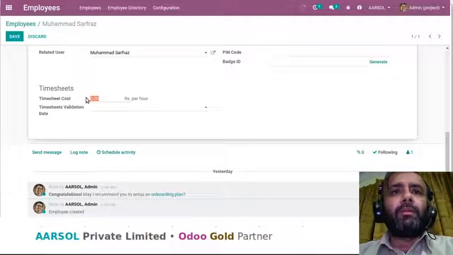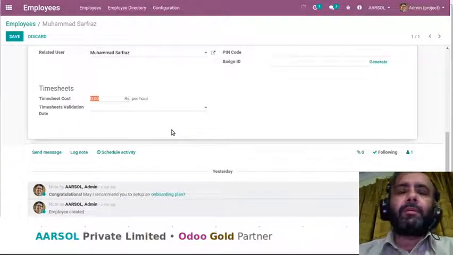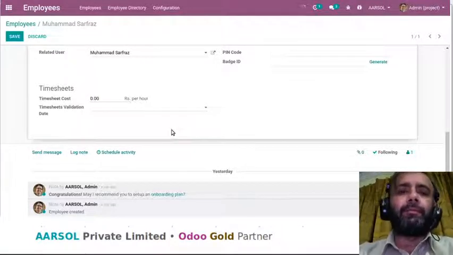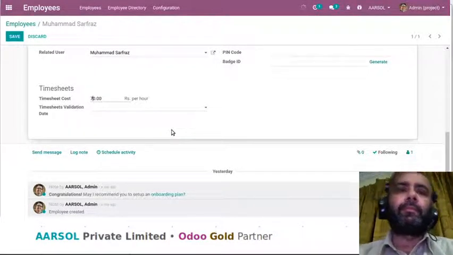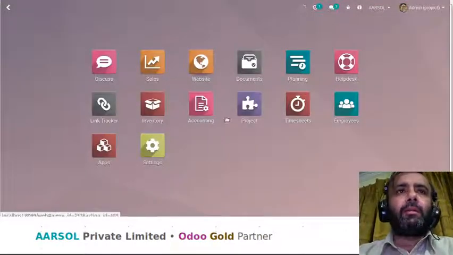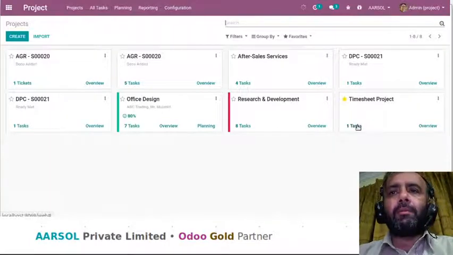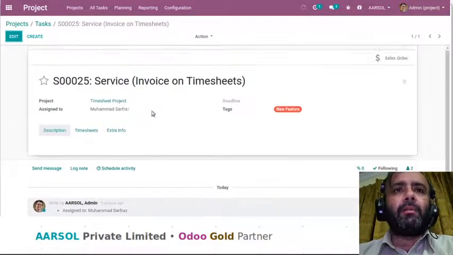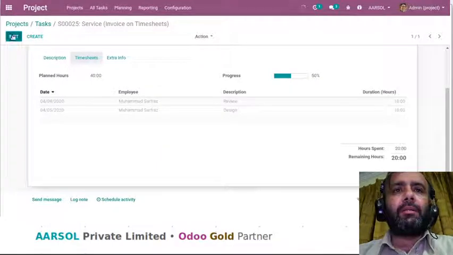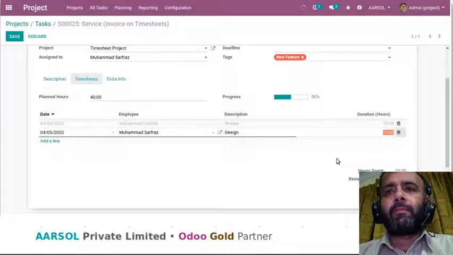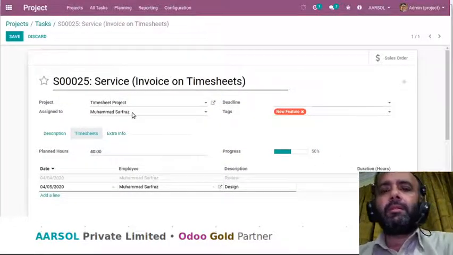So if I change this to, suppose, 70, and save, and just to incorporate this information in that project, I go to the tasks and open that task, and in timesheets, if I change minor information, if I change these hours to 9 hours,